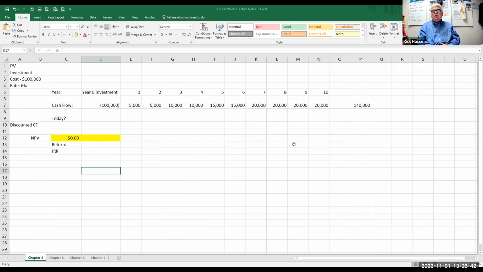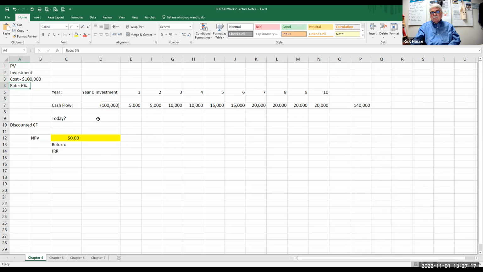Well, what is that $140,000 value today? What is the net present value of that 140,000 today when we're making the investment of $100,000? Okay. Well, let's say this company got this $100,000 by getting a bank loan. The bank loan was 6%. That's their cost of capital. It's costing them 6% to get this 100,000. So that's your discount rate. That's your hurdle rate. That's your weighted average cost of capital.